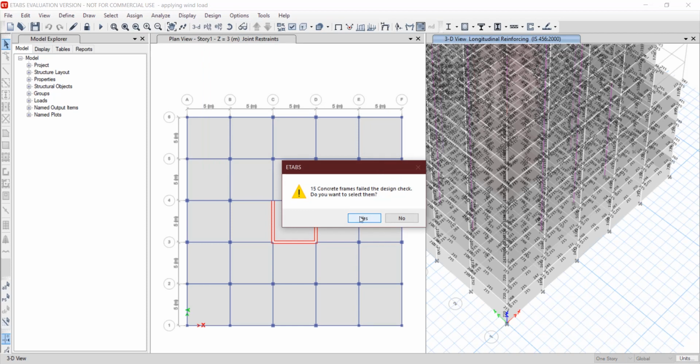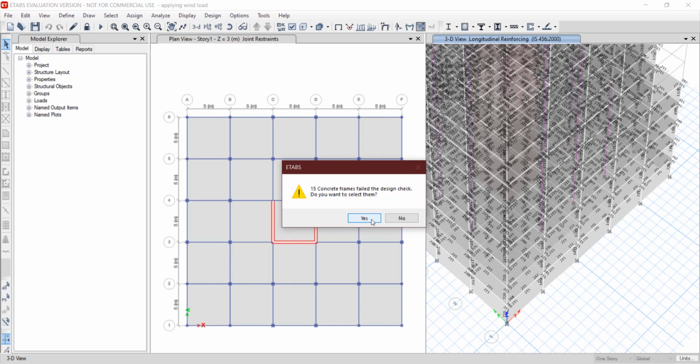As you can recall, in the previous wind load case, a larger number of columns were failing, at the time when shear wall was not added, and now after adding shear wall the number of columns that are failing is very small.